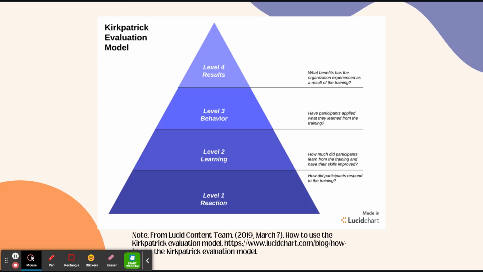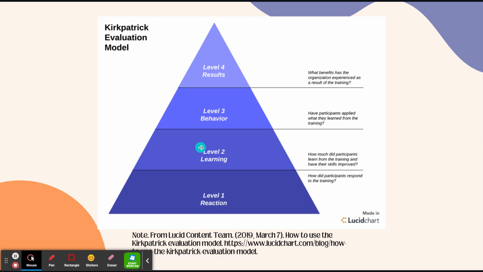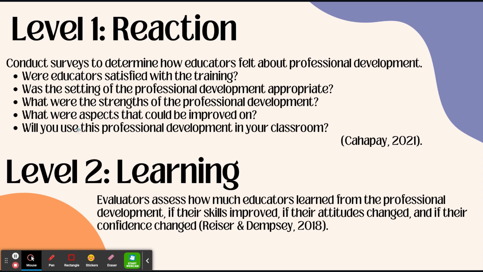So here's a visual of Kirkpatrick's evaluation model. So we have four different levels. The first level being the reaction, second level is learning, third level is behavior, and then our fourth level is the results. So our reaction level is where we are conducting surveys to determine how educators felt about the professional